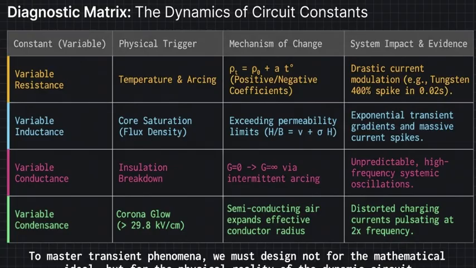Right. I mean, we started this journey looking at the fundamental constants of electricity. Resistance, inductance, conductance, condensance. Right, the constants. We treat them like the sturdy bricks holding up our technological house. But the reality is, these mathematical constants are really just variables in disguise. They behave perfectly nicely right up until the system undergoes a transition. And in those split-second, transient moments, everything changes. Yeah, the microscopic temperature of a metal filament, the magnetic grudge held by an iron core, and the glowing, breathing air surrounding a power line, they completely take over the physics. The scientific rules are only rules until the environment decides they aren't anymore. Precisely. So